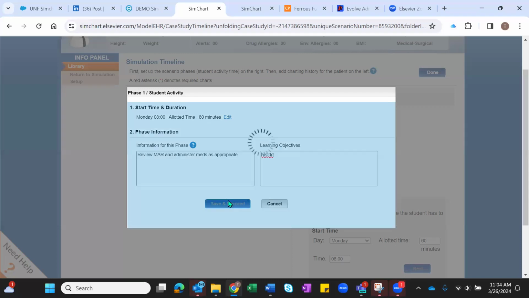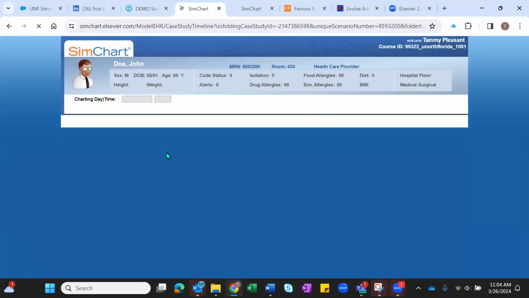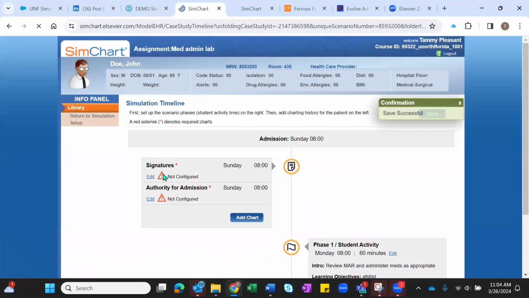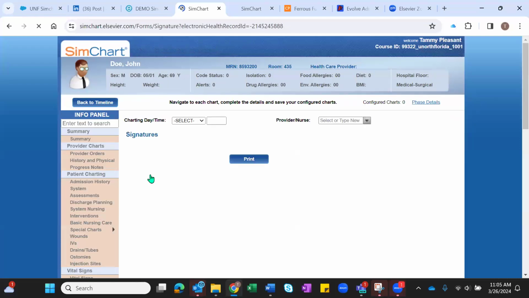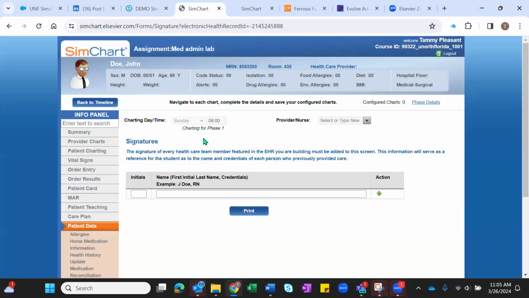Save and proceed. And then I have to configure some charts. Two that have to be in here are the signatures and authority for admission. And then I'll add my medications. But if I go into here, I'm going to put in, let's put in TP and